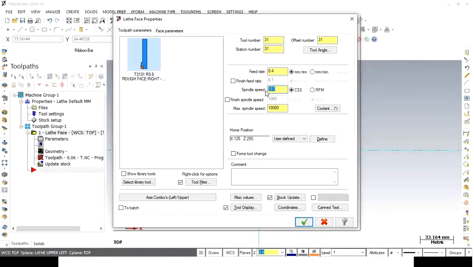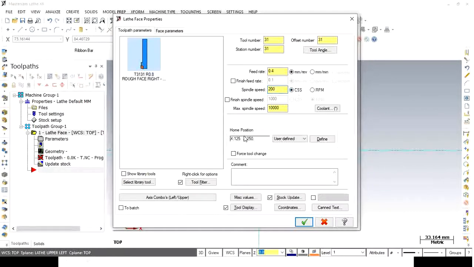Then the feed you can also calculate using the formula. You already know the different formulas. Using that, you have to calculate the feed rate and spindle speed, and provide those values here. So let's write the spindle speed as 200, and it will be a constant surface speed.